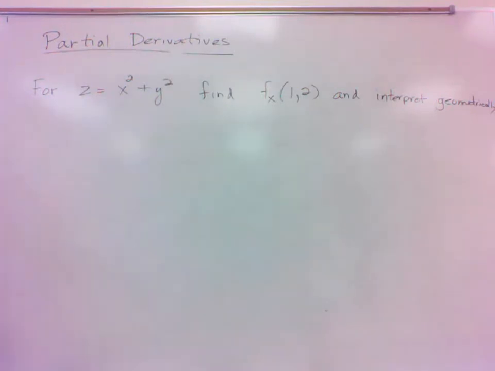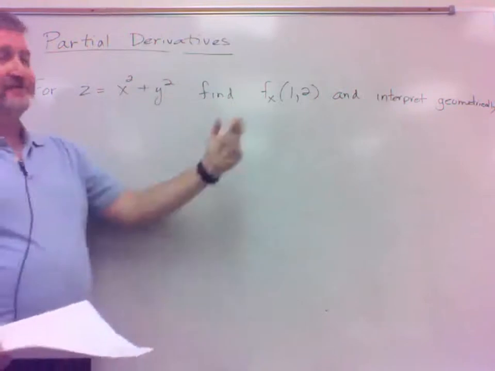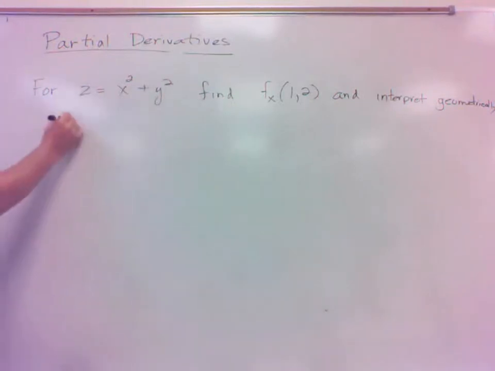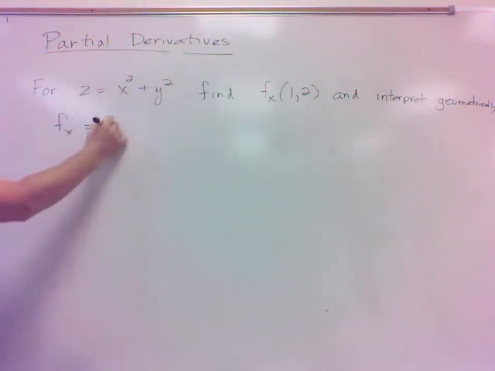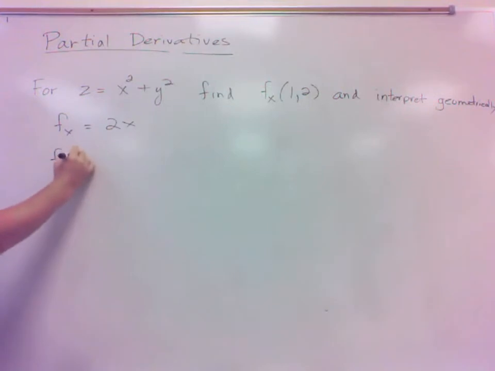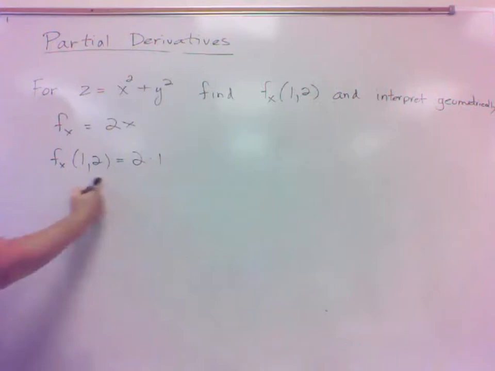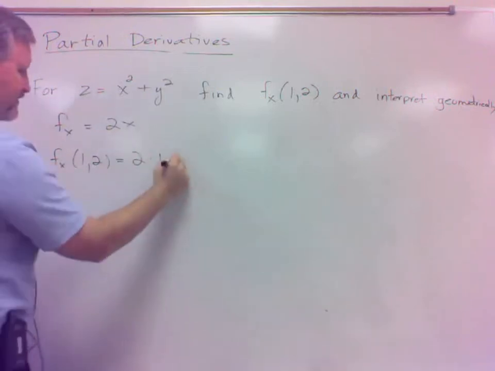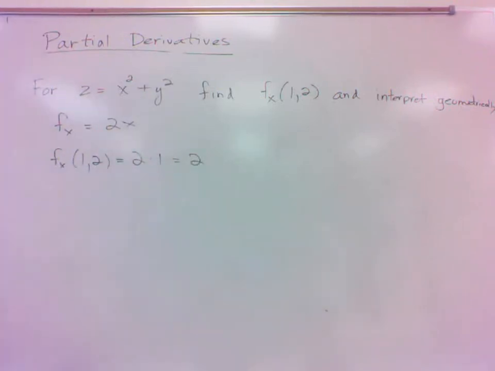Well, it's not too hard to calculate that, is it? The partial derivative of f with respect to x would just be 2x, and so the partial derivative at (1, 2) would be what value? 2? Yeah, because we just plug in the x as 1. So the partial derivative of f with respect to x is 2. Well, that of course means a slope, but what slope are we talking about there is basically what we're looking at. And so let's see if we can graph this thing